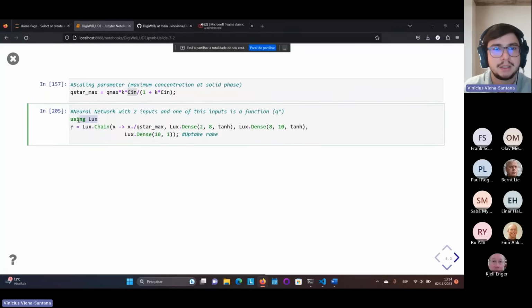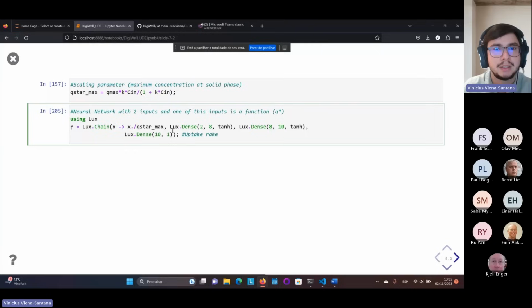Here I'm importing the Lux library, and then I'm using the Lux.Chain function to chain the layers together. You can see here that my very first layer is not actually a dense layer, but a function I'm using to scale the inputs. Typically, when you're dealing with systems with engineering units, they have units that can be very far from -1 and 1 or 0 and 1. So when we work with neural networks, it's always a good idea to scale our inputs. So I'm chaining everything together, including this pre-processing layer. The nice thing about Julia is that I have this chain function, and I can chain any function I want, including my scaling function.